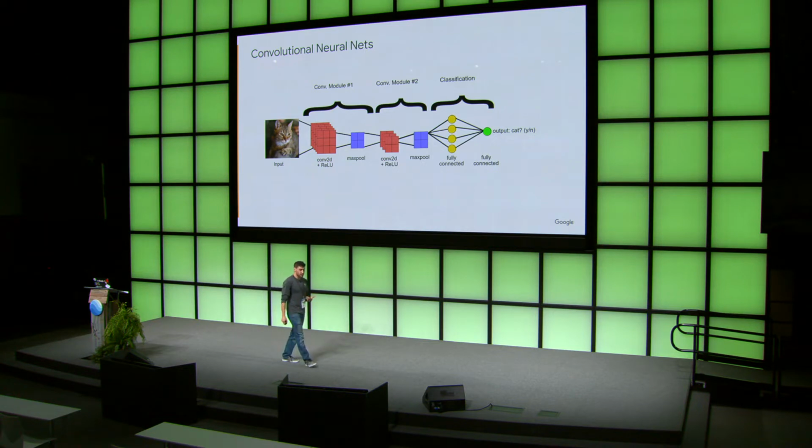A fully connected layer is really just a layer where we take all of the outputs from the previous layer, and we have a full matrix. So if it's n layers of input and n layers of output, we have n squared weights across which we're building a bipartite graph, where each of those weights is one of the edges in the graph. And those we learn. So historically, building a convolutional neural net ended with one of these bipartite graphs.